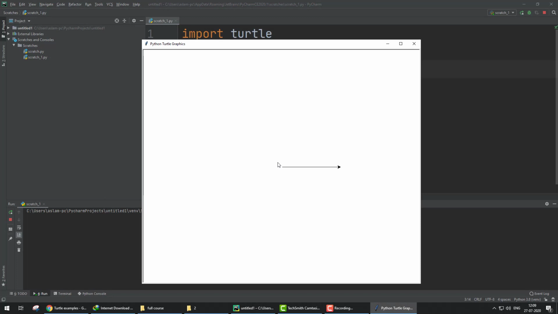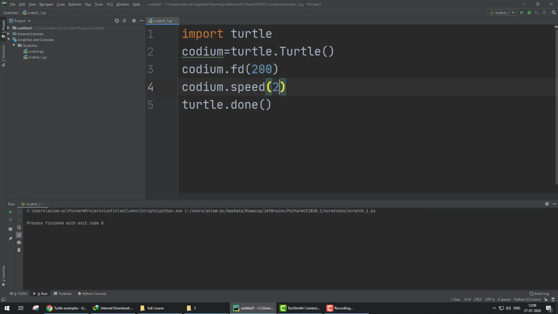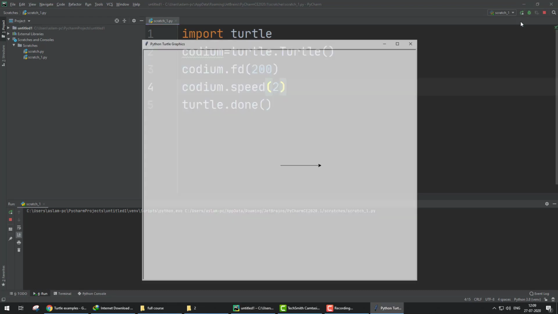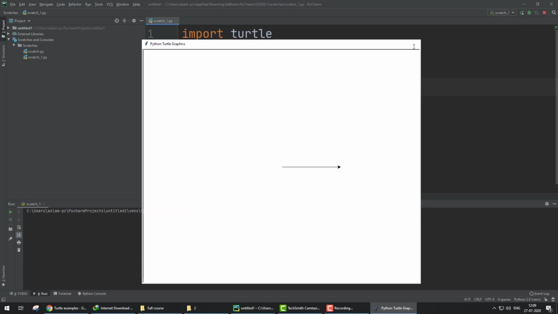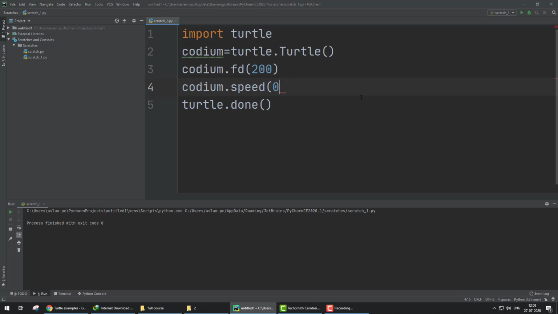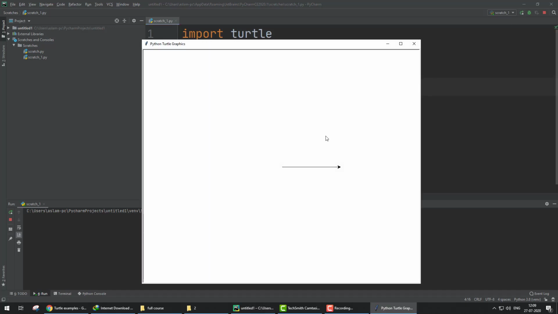You can check the turtle moves from here to here. Now we change the speed. If we change the speed to 5, okay, if we change the speed to 0, so you can change the speed of drawing your turtle.